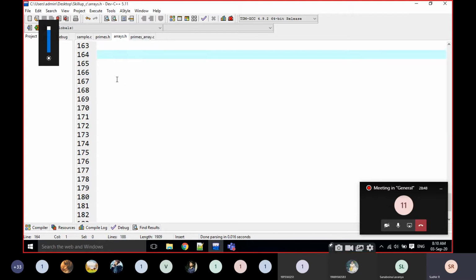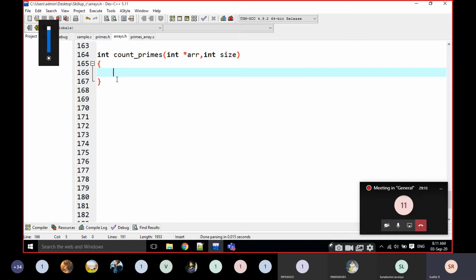Now I am going to write here the return type, which is int. The name of the function is count_primes, and we are going to get int star ARR and int size. This is the function definition. We have to find what the prime numbers are. For iteration, I am going to take I value.